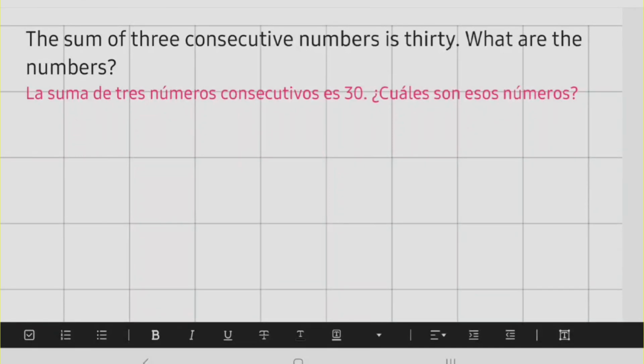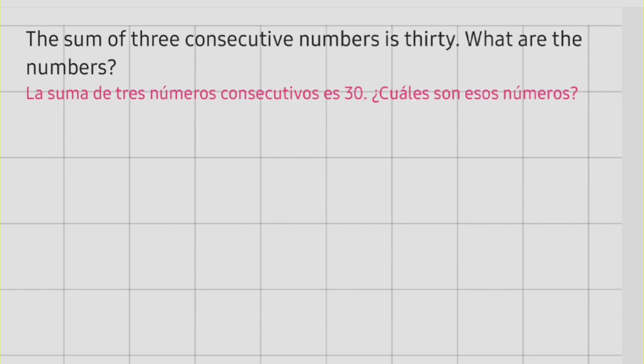Let's solve this problem in English this time. It says the sum of three consecutive numbers is 30. What are the numbers? Okay, so first, what do we understand by three consecutive numbers? Well, consecutive numbers are numbers that are one next to the other. Say, for example, 8, 9, 10, maybe